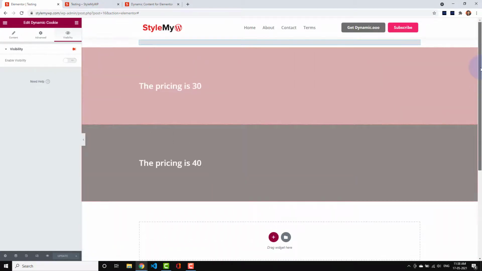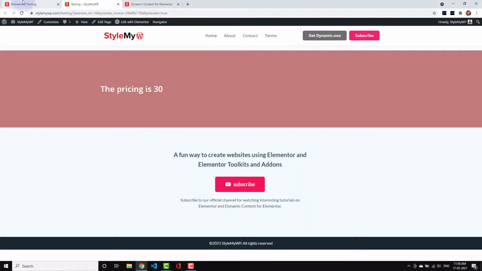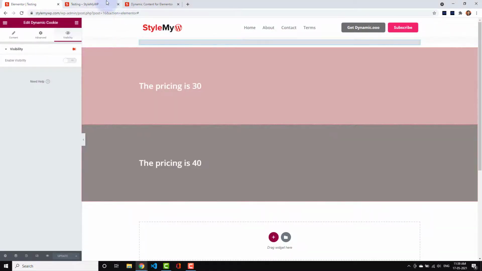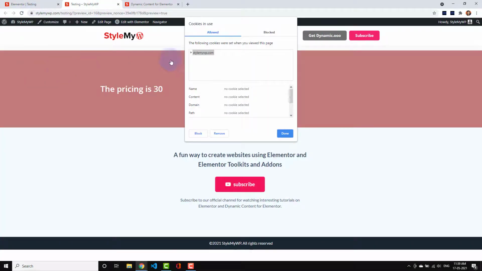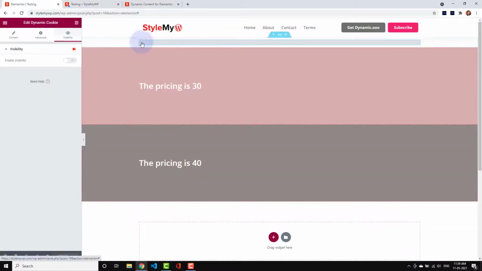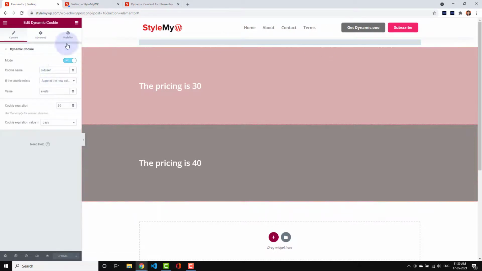This can help you better show the content to your old or new visitors or anything, so you can make use of cookies this way. And you can also unset the cookie. Let's say this cookie is set already, right? It's set, and in cookies you can see old user exists. So what I can do, I just need to click on this cookie section and click here, and I make it unset. Cookie name is old user. I update this.